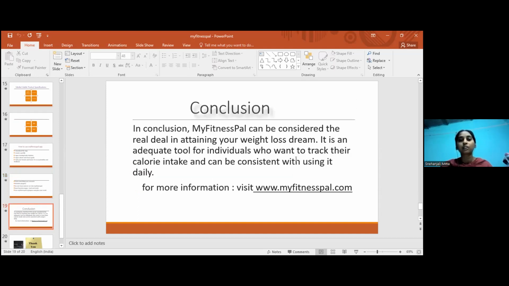Conclusion. In conclusion, MyFitnessPal can be considered the real deal in attaining your weight loss dream. It is an adequate tool for individuals who want to track their calorie intake and can be consistent with using it daily. For more information, please visit